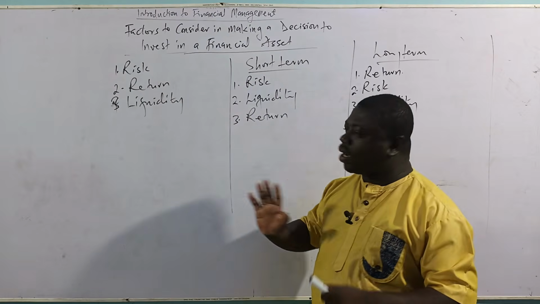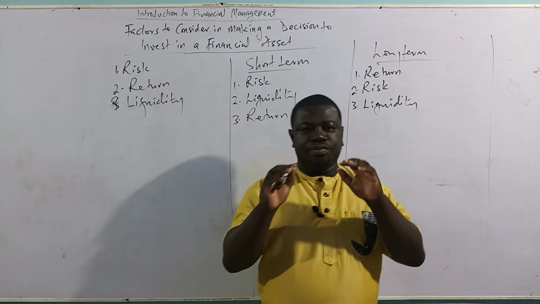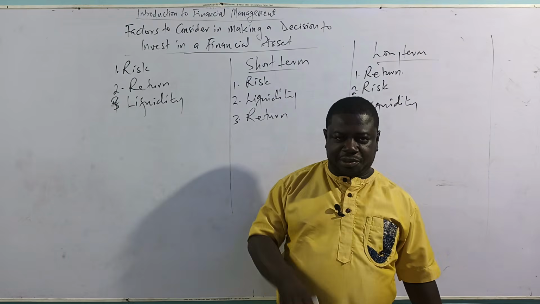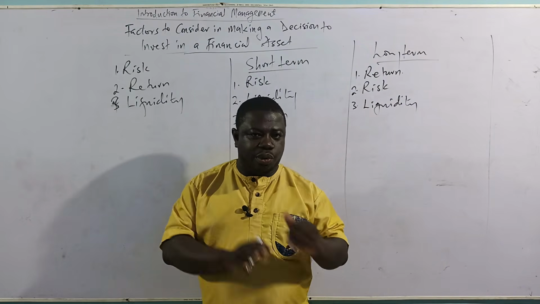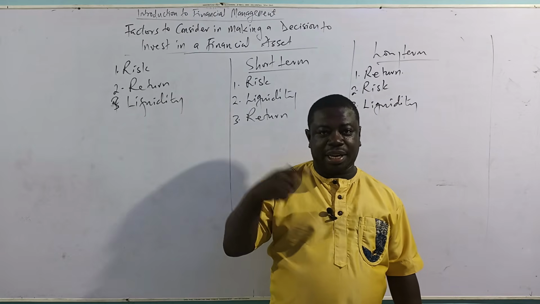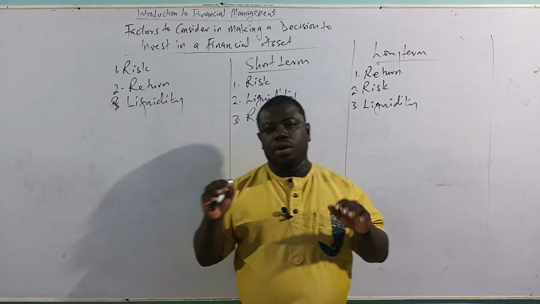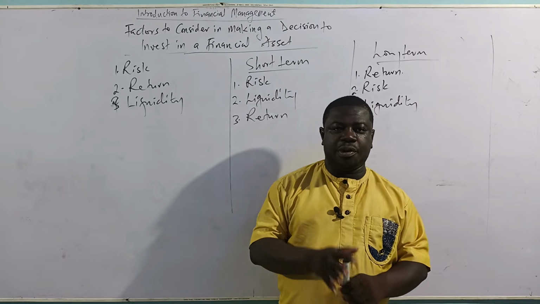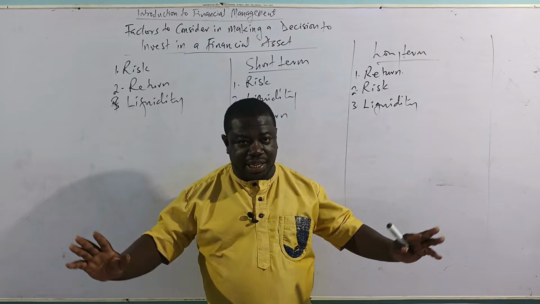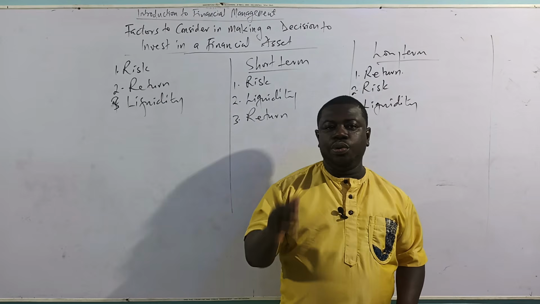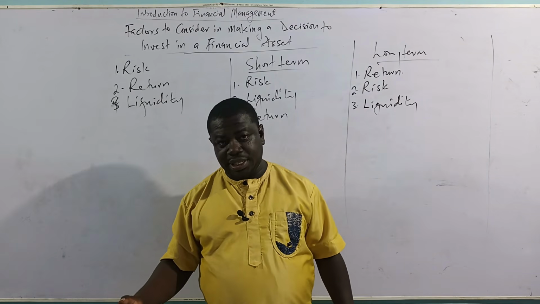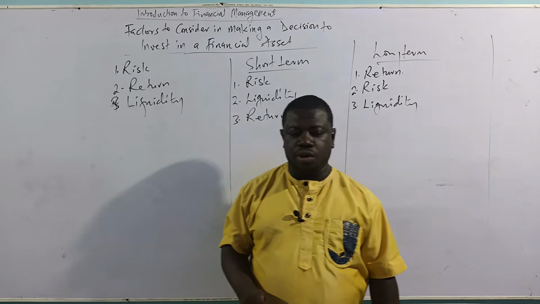So I just want you to understand what we've done so far. All this that we have done is under the investment decision, and we are now done with the investment decision. We are moving on to the financing decision, but that will be in the next video. This brings us to the end of part 1 of our video on intro to financial management, the 3 key decisions. In part 2, we will look at the financing decision, and then the dividend policy decision as well.